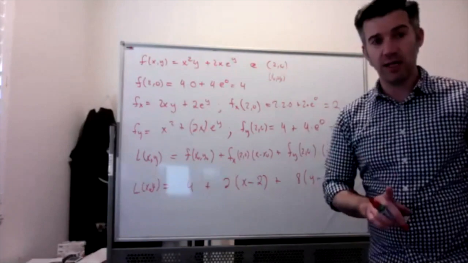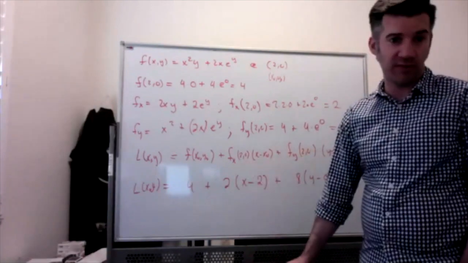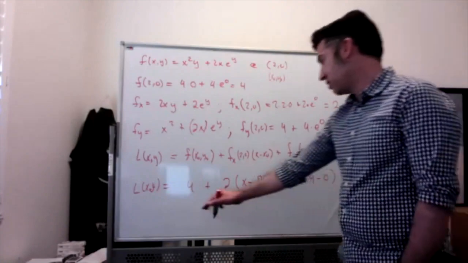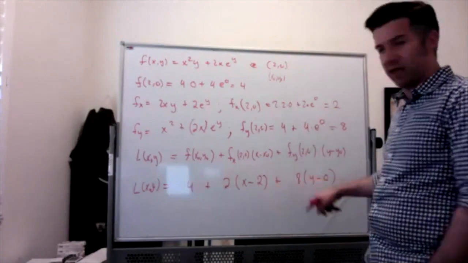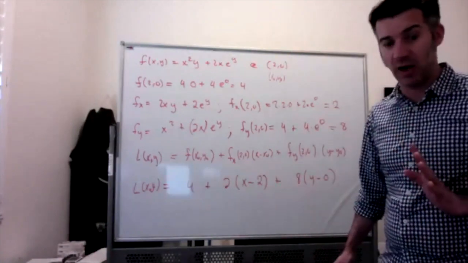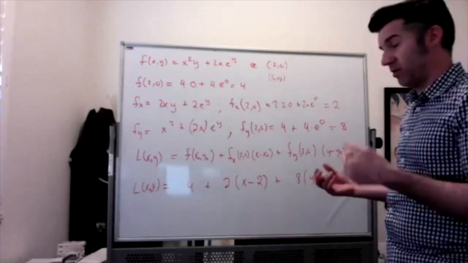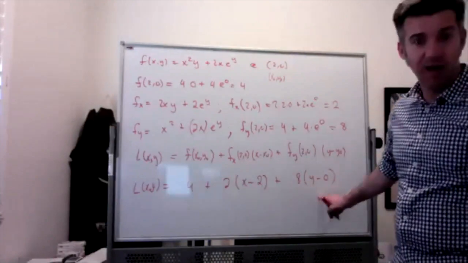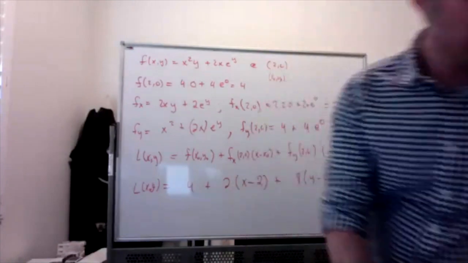Important thing to take note of here. You can simplify this. You should not simplify this. It is really not in your benefit to simplify this as 4 plus 2x minus 2x minus 4 plus 8y minus 0. But that's actually not going to help you do the second part of this question. So you really, really should, if you find linearization, leave it like this. I mean, maybe simplify this to just 8y, but essentially leave it like this. Because the point is that now when we plug in,